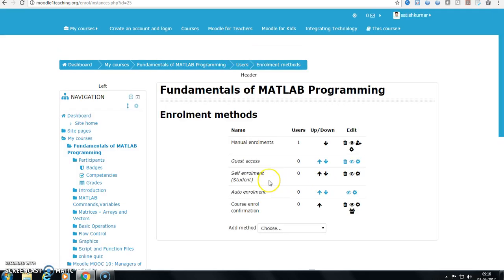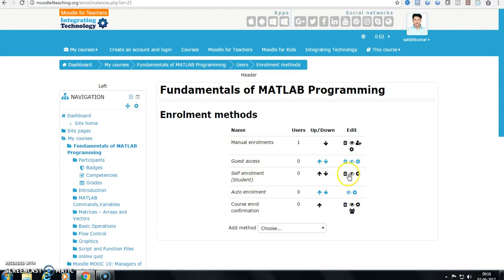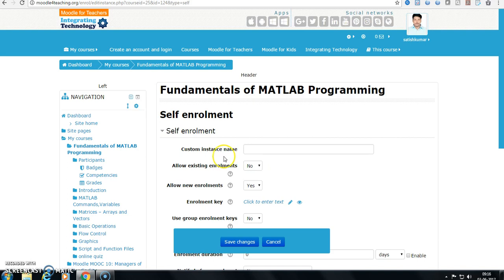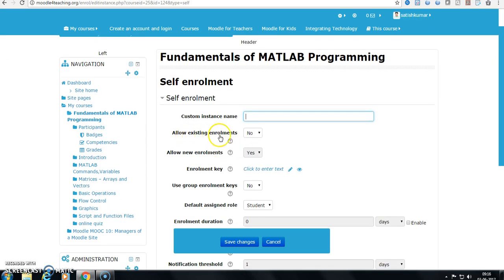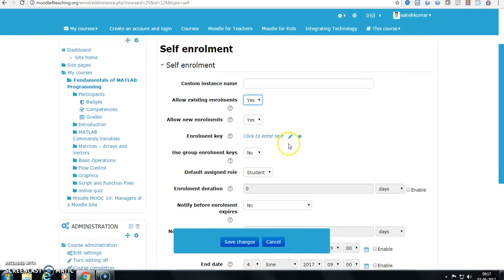And one more option, self enrollment student, which is already enabled. So I'll click edit. What are the options available? Custom instance name, allow existing enrollments, yes. Allow new enrollments, yes. Enrollment key, this is the one.